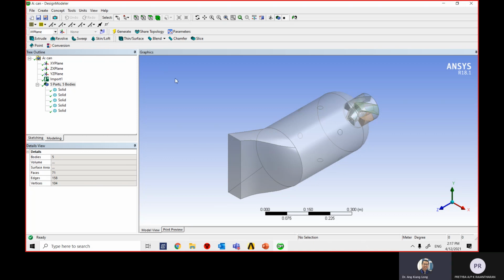And then you click the file body here. All right. And then right click. Sorry. Okay. To select the 5 parts in the window here, what you can do is that you hold down the left